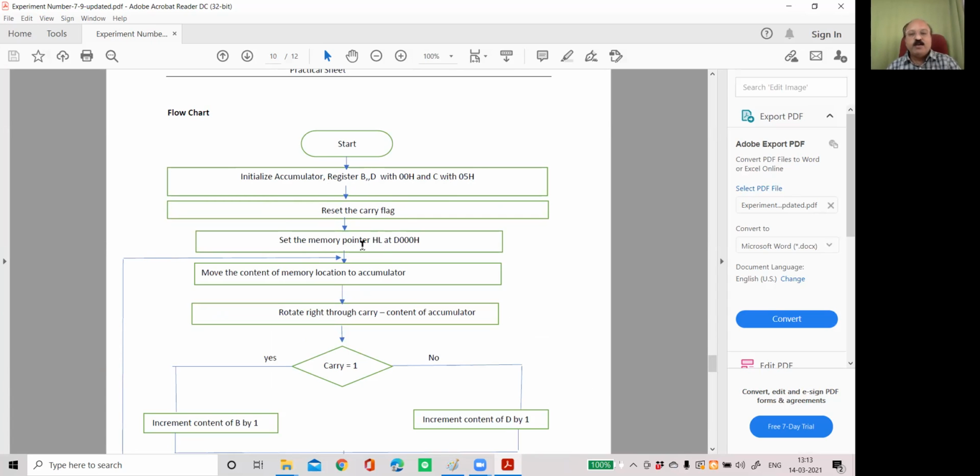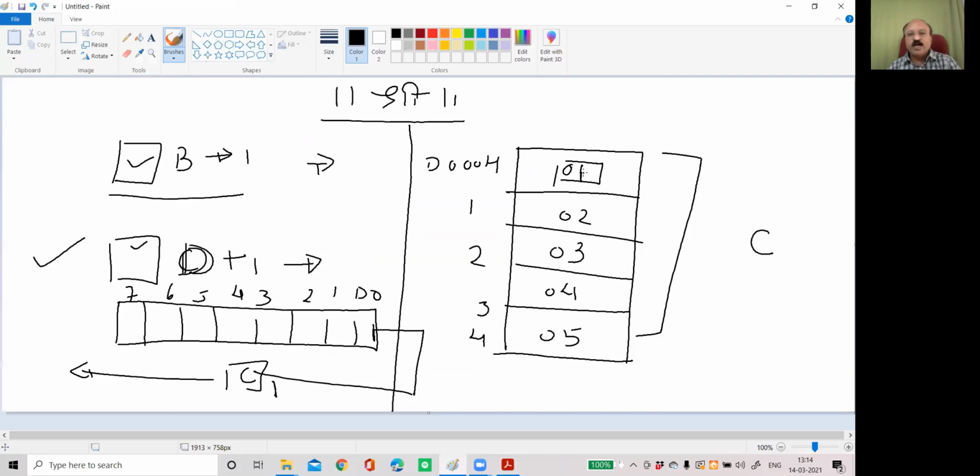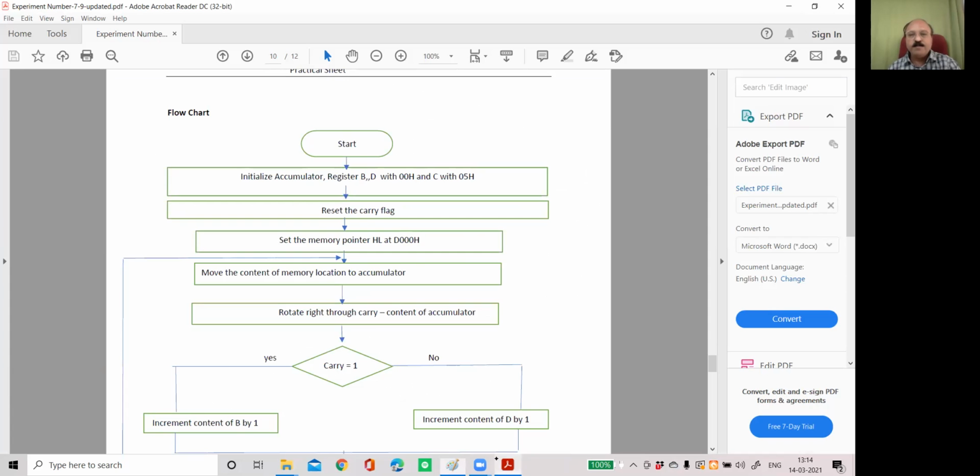Then set the memory location HL with D000H. Move the content of memory location to the accumulator and rotate right so that D0 will come to carry, and check whether carry flag is set or not. If carry flag is set, then it is odd. If carry flag is not set, then it is even.